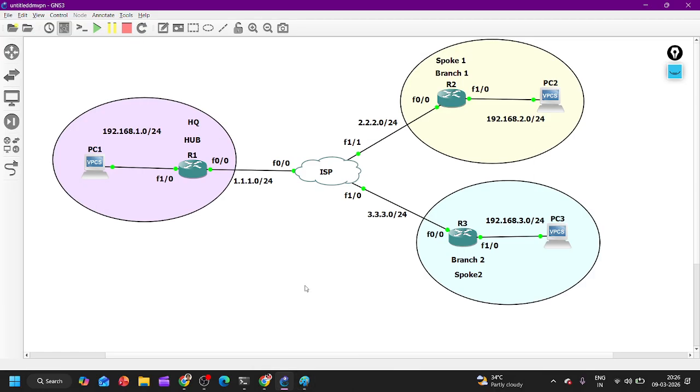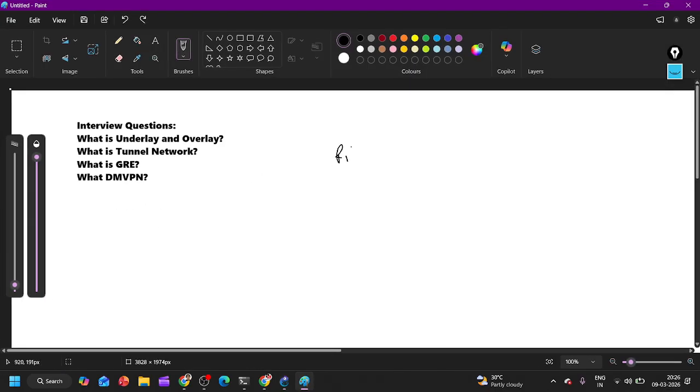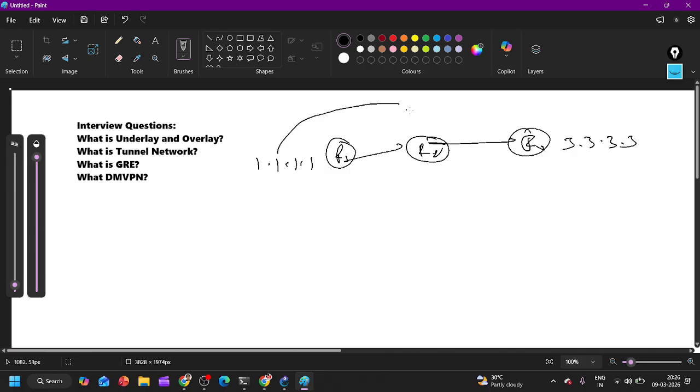In BGP also we had seen what? Overlay. When you configure indirect neighborship in BGP, whether it is iBGP or eBGP, that works as an underlay or overlay, like between three routers R1, R2, R3. Yeah, overlay it will be. Here I have a loopback on router number 1, 1.1.1.1 and 3.3.3.3. Here we have indirect BGP neighborship. It can be iBGP or eBGP. This is also acting as a